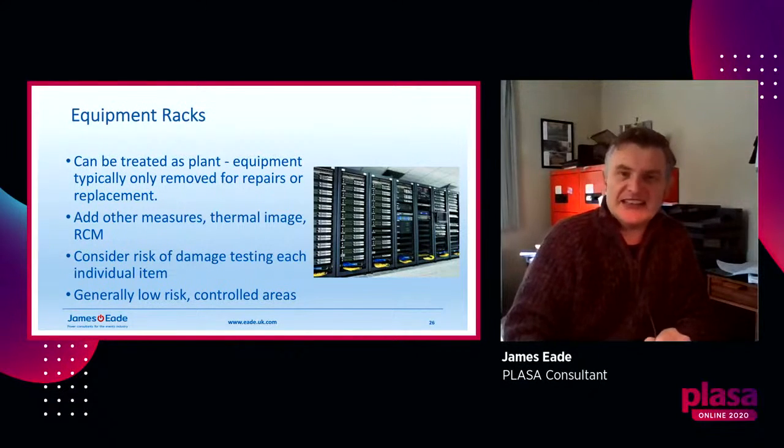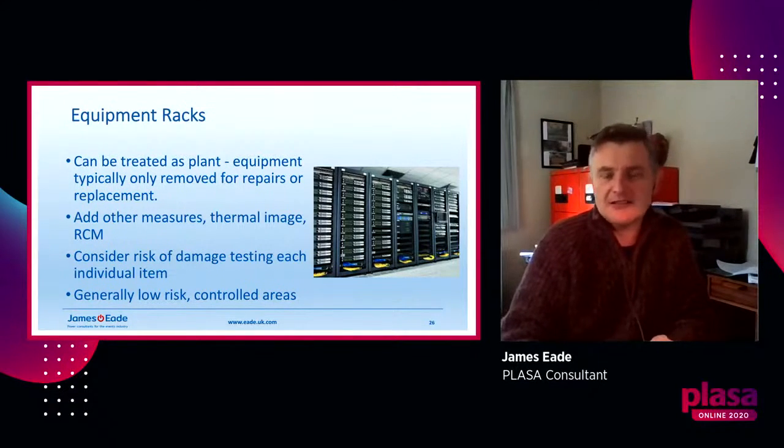So also the other thing is they're very low risk as well. They're in controlled areas that only limited people usually have access to as well. So